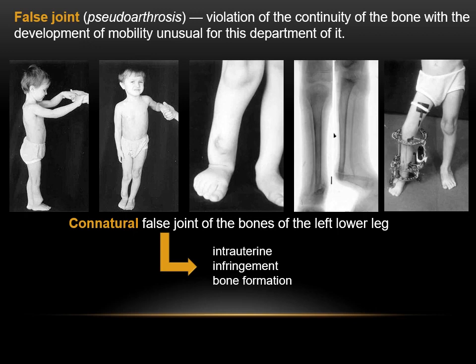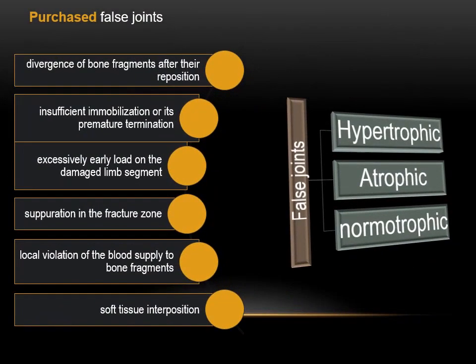That's such an unpleasant thing in pediatric orthopedics. There are congenital pseudarthroses, and there are acquired false joints. Acquired false joints, naturally, are a post-traumatic complication. They can be hypertrophic, atrophic, or normotrophic. This is directly in its structure. A characteristic symptom of false joints is pathological mobility of the bone in an unusual place, most often throughout the diaphysis. The degree of mobility is absolutely different, from barely noticeable movements to movements with a large amplitude, and in some